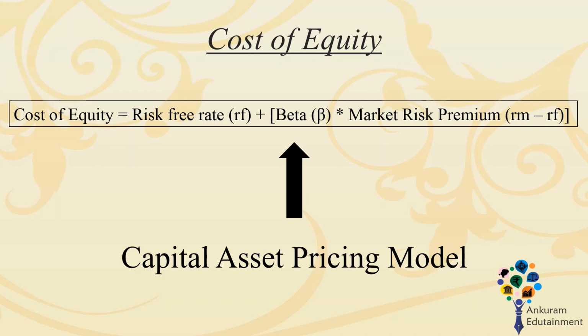Next component we have is beta. Beta is a measure which shows how a security behaves compared to the rest of the market. This measure also can be either calculated or it can be found on various websites like Yahoo Finance, Bloomberg, etc. The last component we have is market risk premium, which is the difference between return of market and risk-free rate. It suggests the additional return an investor will receive from holding a risky security instead of risk-free assets.